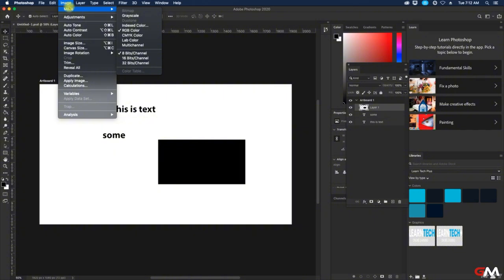We can set the mode to bitmap, grayscale, duotone, index color, RGB color, CMYK color, lab color, and multi-channel. Then we can do 8 bits channel, 16 bits channel, or 32 bits channel. For adjustments,